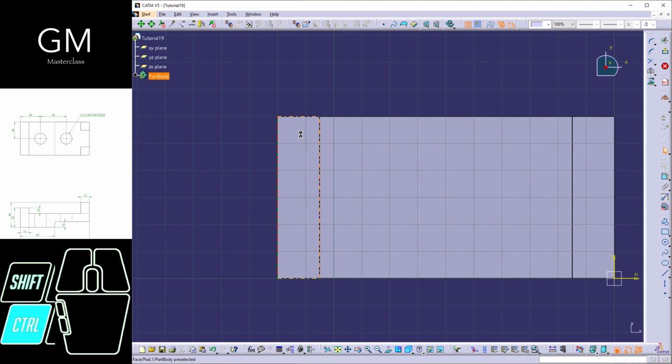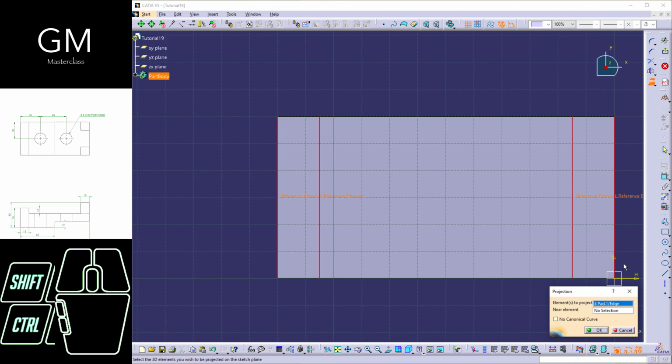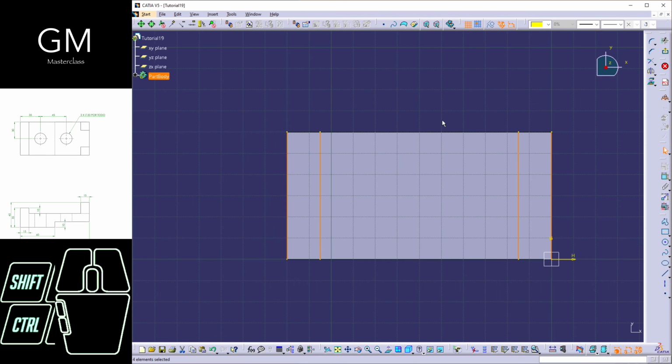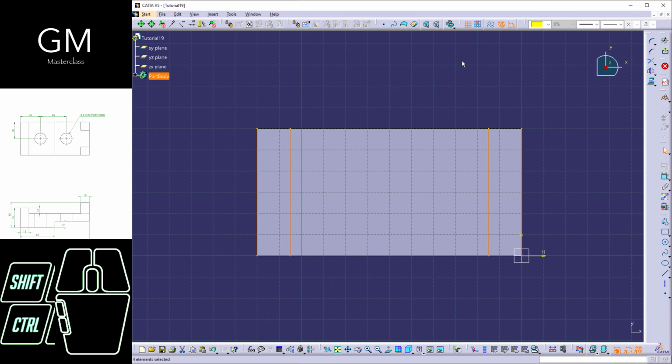Right, for me to create that, I'm going to call these 4 edges, and for me to call them, I've selected the Control key, then I click on every single one of them, and I'm going to select this tool, Project 3D Elements. Okay, but I want these elements to be for construction purposes, so I'm going to select this tool, Construction. Right,